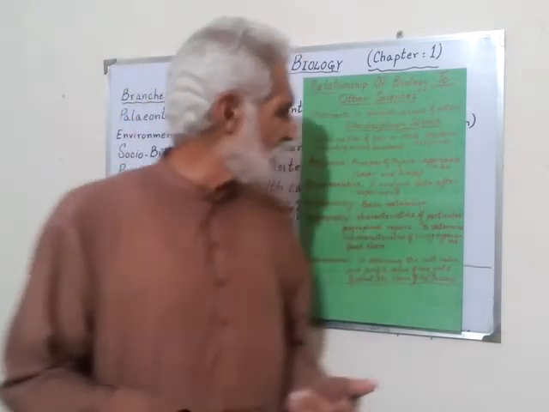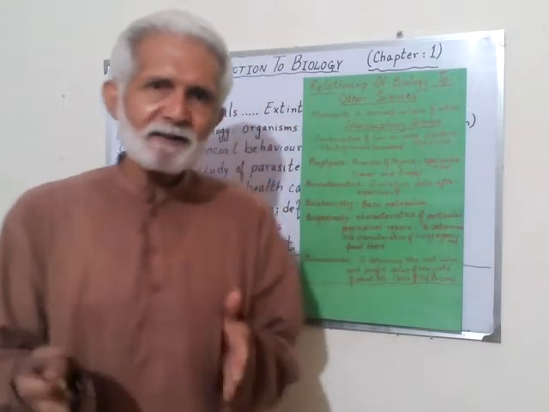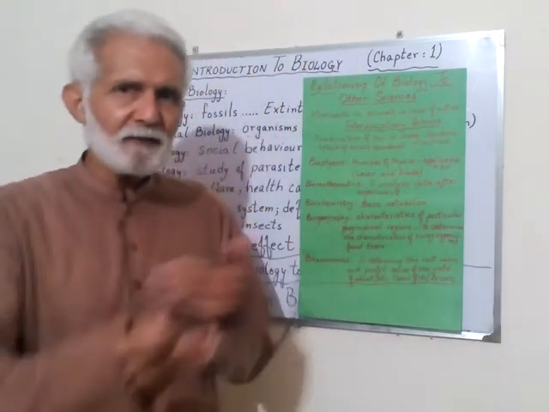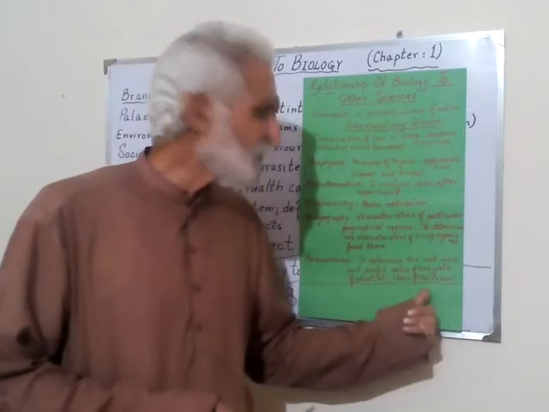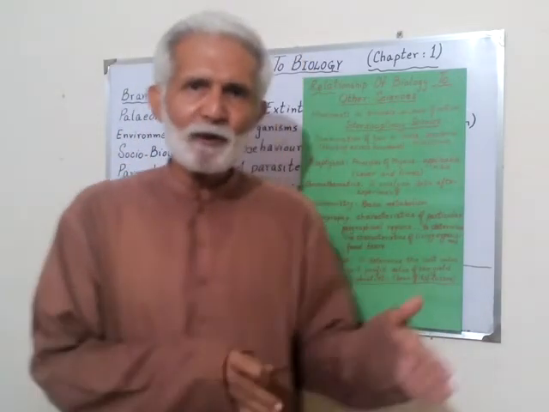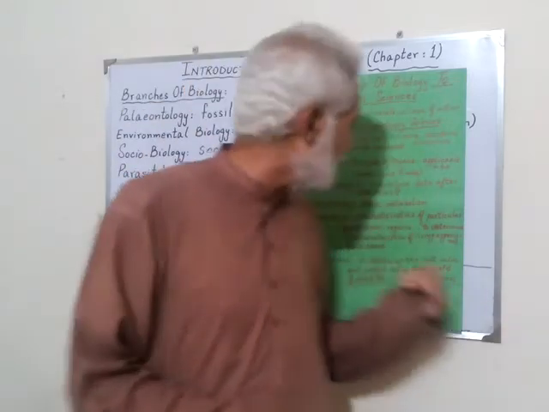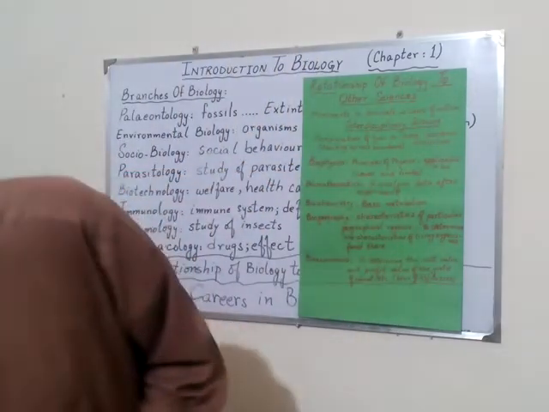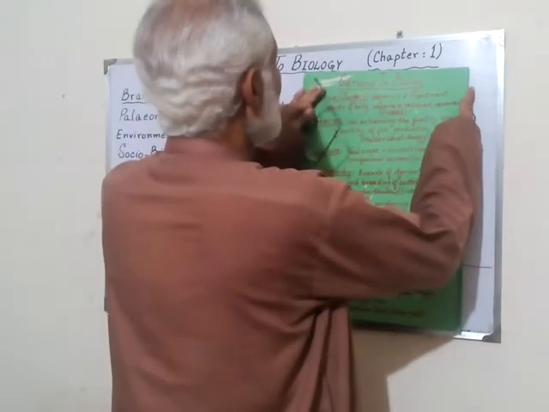That yield that we are getting, wheat, etc., whatever. When we are getting that, what is the cost of that? And when we sell it, what is the profit of that? Then we will take out the percentage. For that we need economics. The benefit and losses. Whatever we are doing in biology, to find out the benefit and losses, we need this economics. Now, for today's last topic, that is careers in biology.